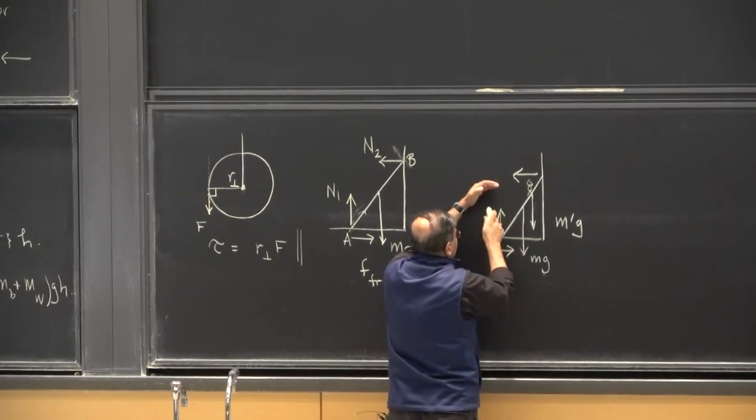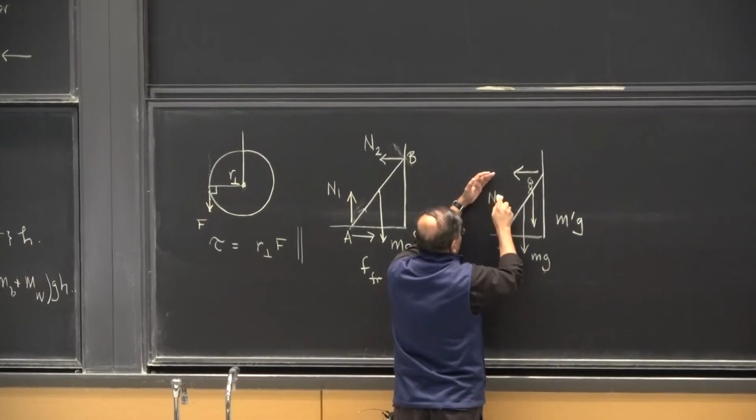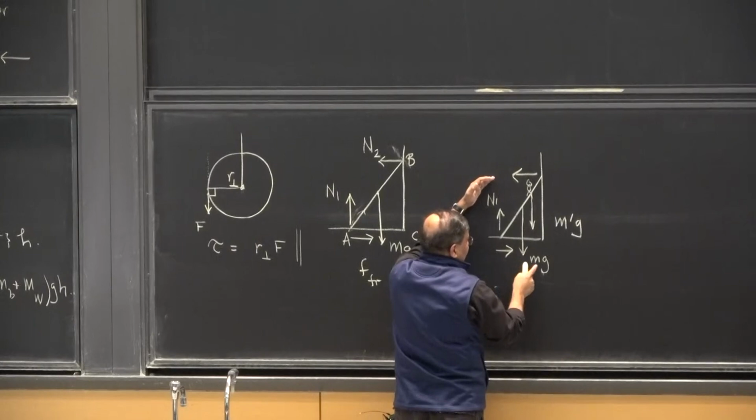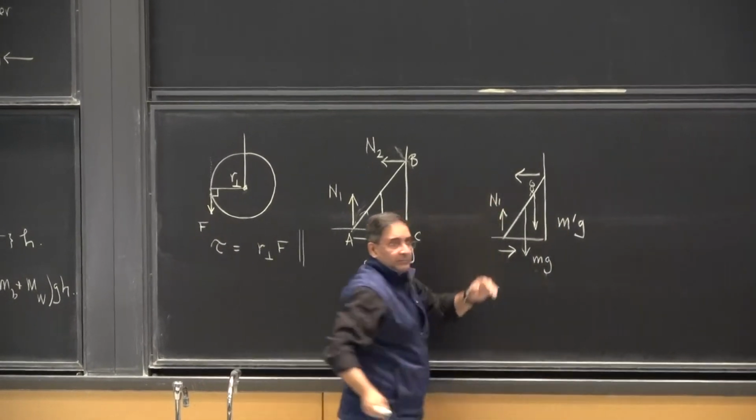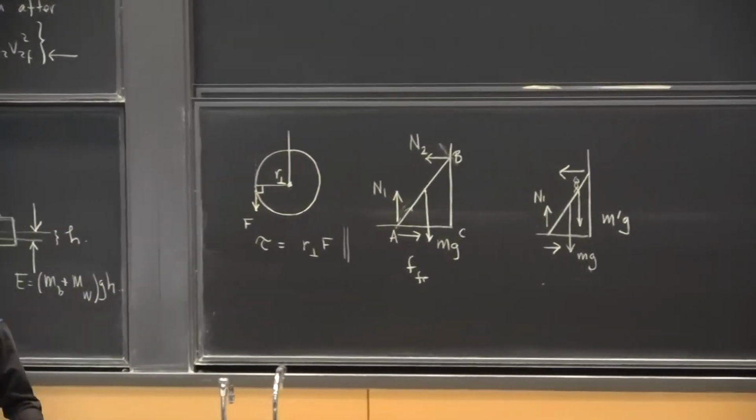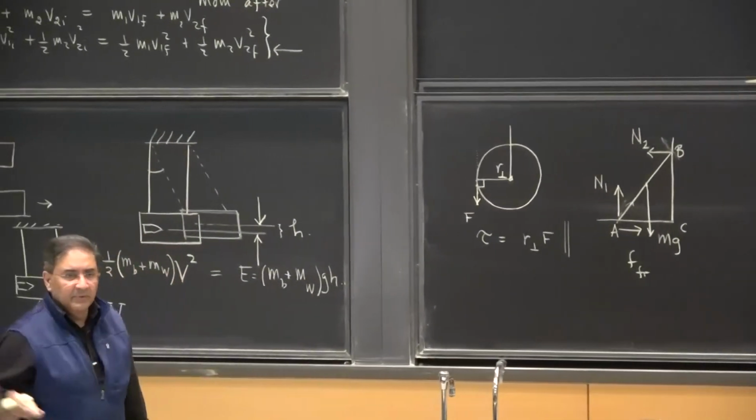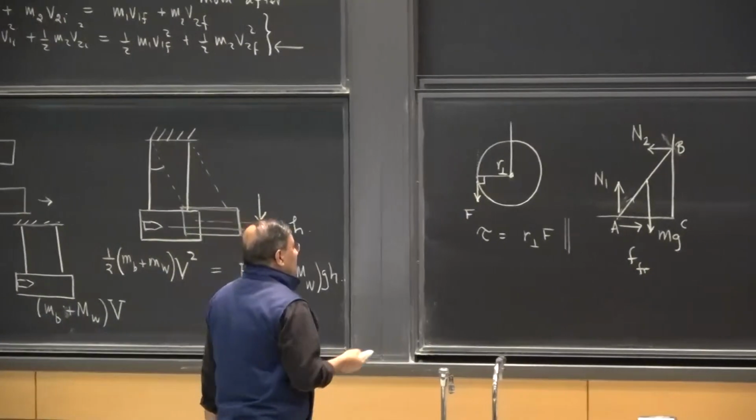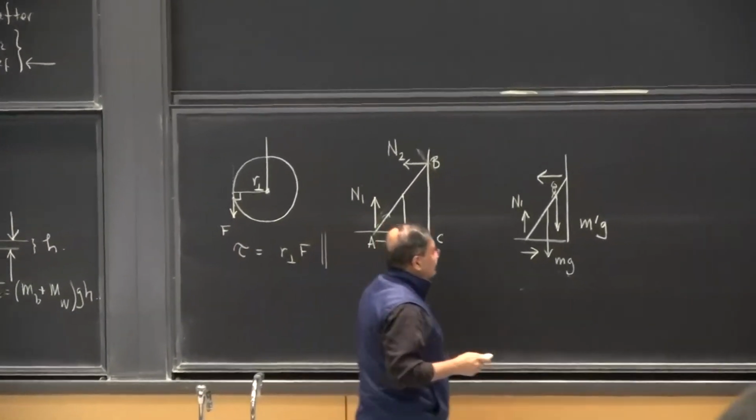This upward force N1 minus mg minus m prime g is 0. So you can't go wrong setting up the force equation. It's the simplest thing you can do. The torque equation is not all that simple,